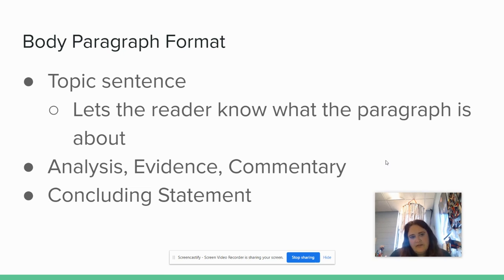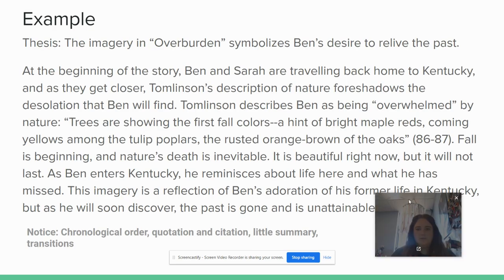And then at the end of the body paragraph, you always want to wrap it up with some kind of concluding statement. And once you get better at this, then you can kind of use that sentence to transition into the next main idea. So here's an example of